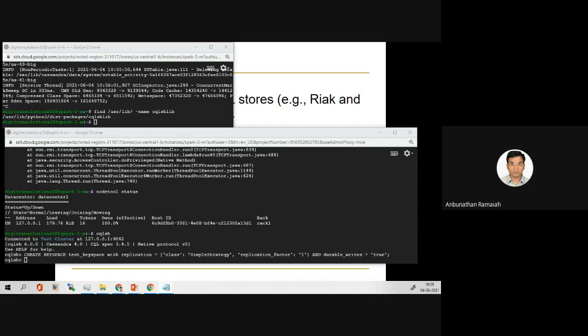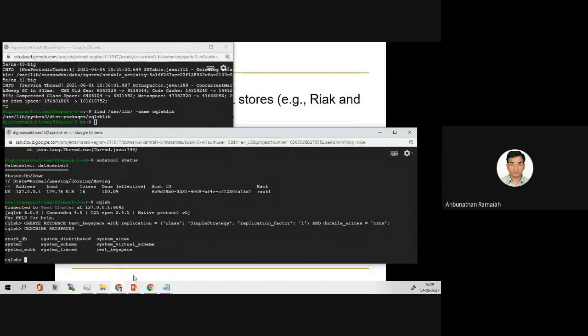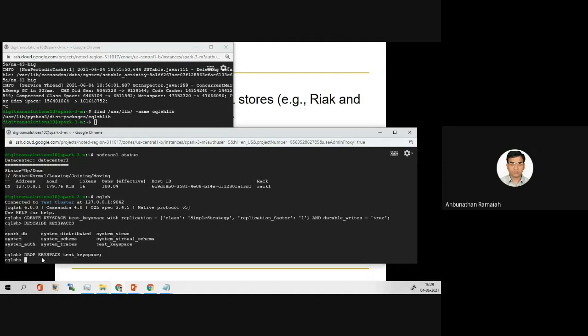So after creating this, we can describe this, to see the schema of this particular keyspace. So here, see, the one new keyspace is created. If you want, you can drop also. Suppose if you want to drop the keyspace, and again check this time, the keyspace will not be there.